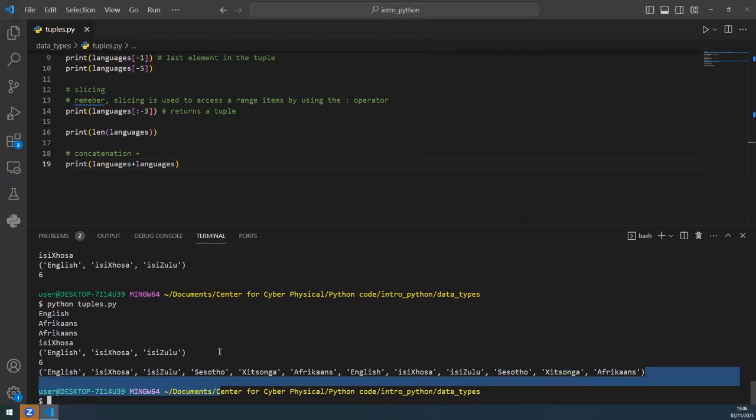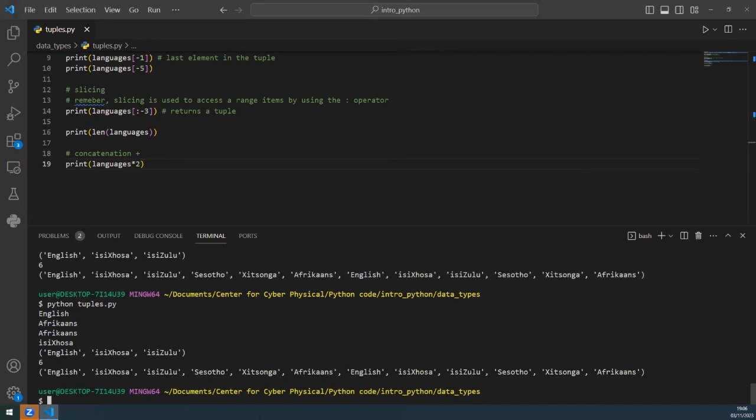Here we have 2 tuples that are the same, so it's just a repeat of the original. So 1, 2, 3, 4, 5, 6, 1, 2, 3, 4, 5, 6. And you could also do that with a multiplication where you say times 2 and you would get the same result. And you can also iterate through